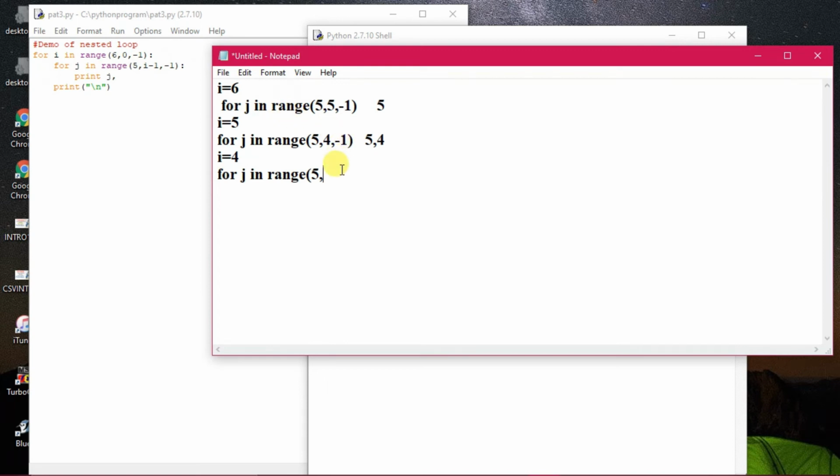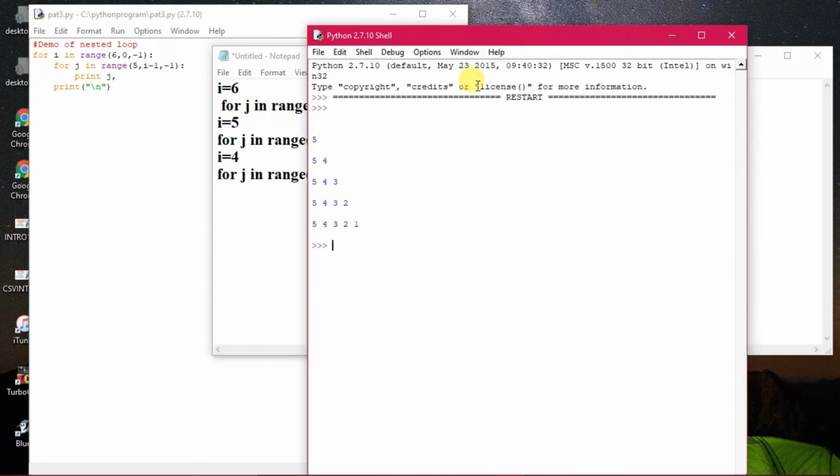I minus 1, that means how much is it becoming? Sorry, the value of i is 4. So 4 minus 1 is becoming 3, and it is minus 1. So as per this, the execution steps will be 5 4 and 3. Here it has been executed quite rightly as 5 4 and 3.